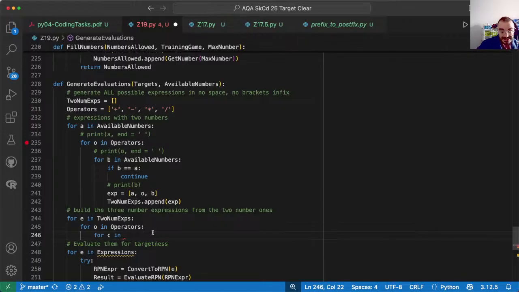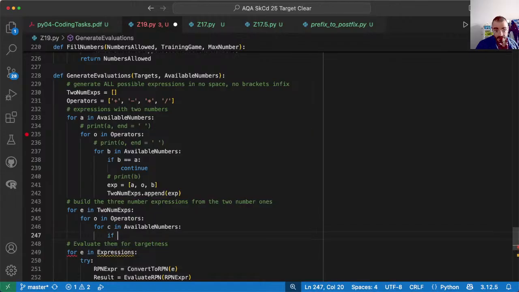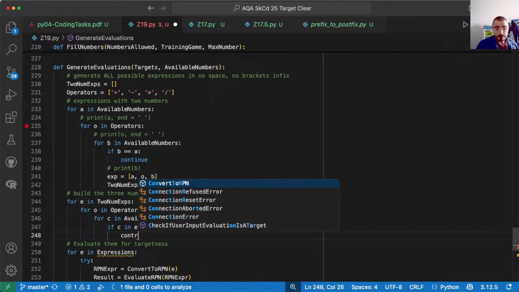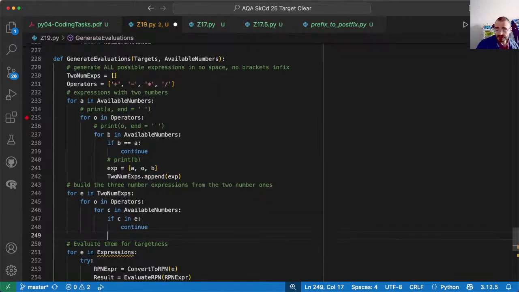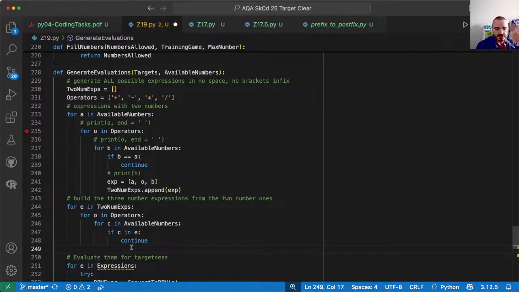So for C in the available numbers, if C is in expression, we continue. So skip any C that's already present in the 2 operands, like the first layer of complexity, the basic expressions, and then if we don't continue, then we also need to build